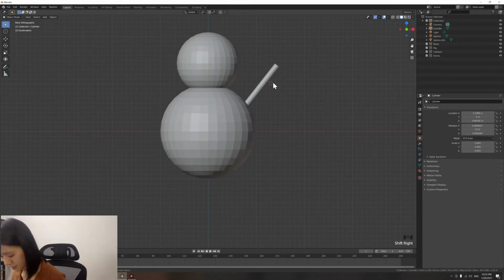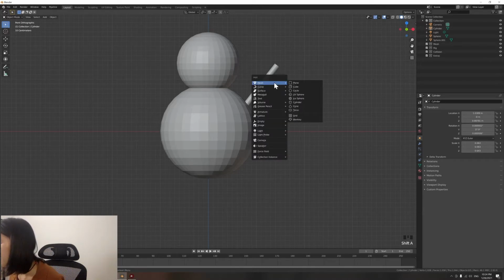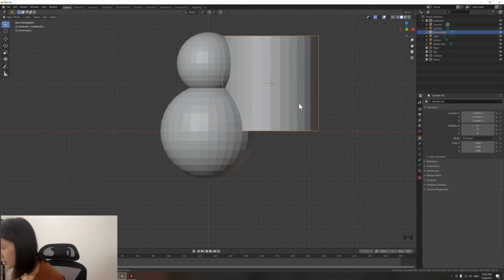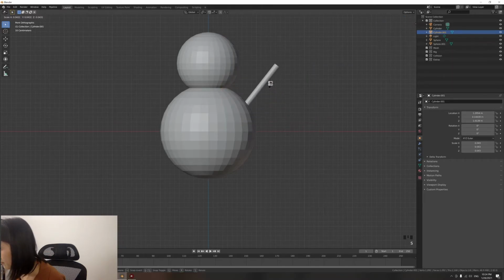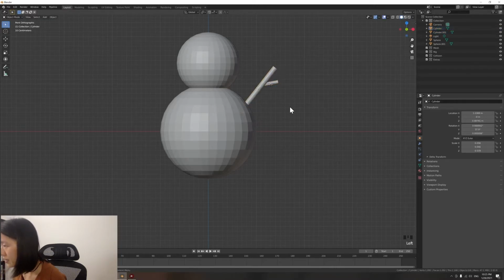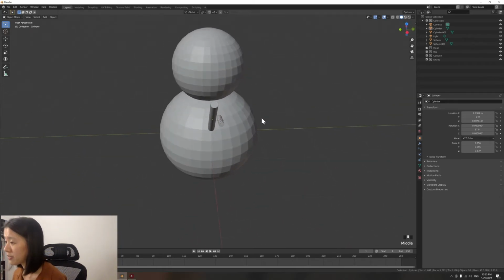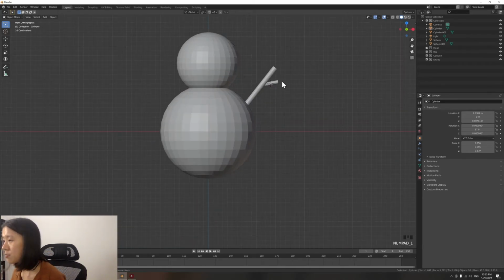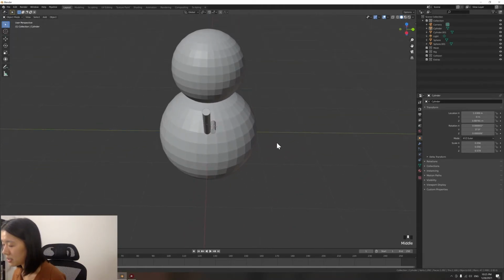Okay, so Shift A, and cylinder again, S to scale it down, and S, Z to scale it on the Z axis. Let's just scale down a little bit, and then rotate. Okay. This is a perfect example. From this perspective, it looks like these two are connected, but when I orbit it, I realize this is